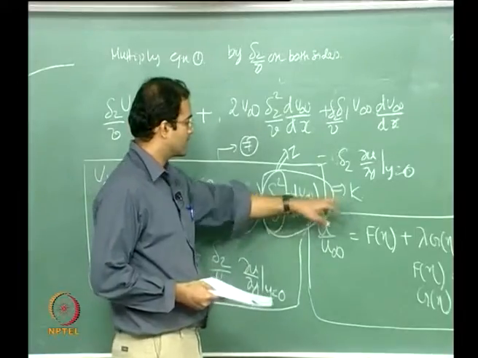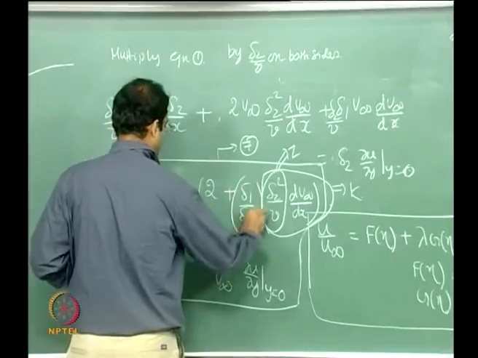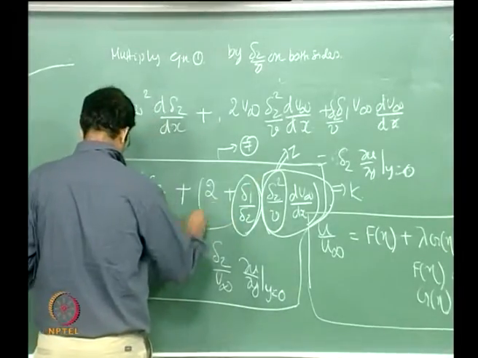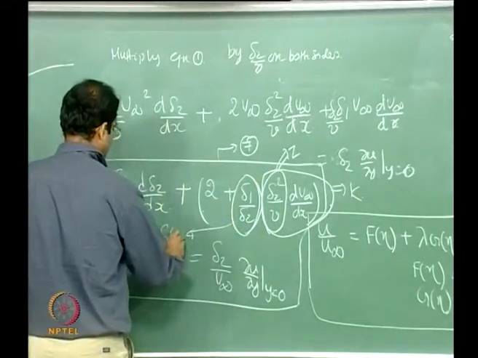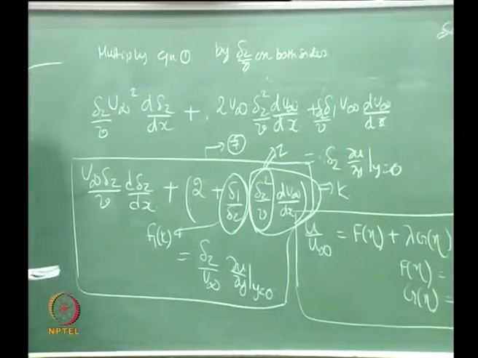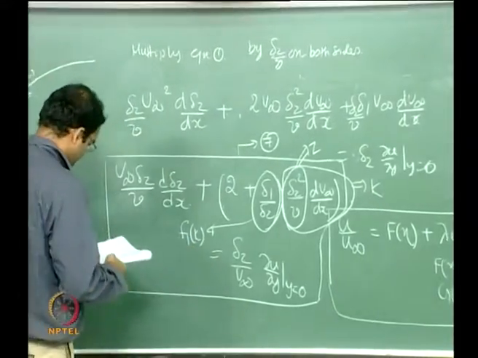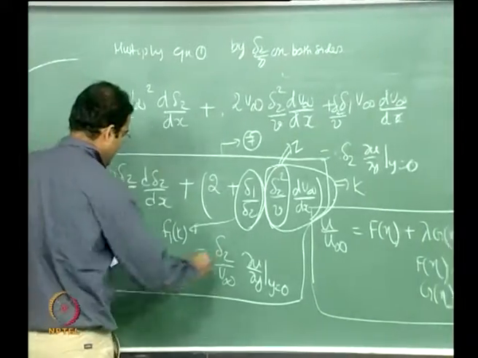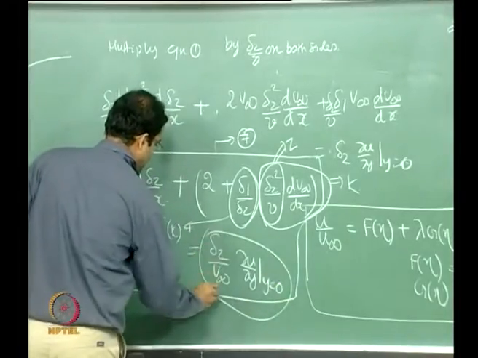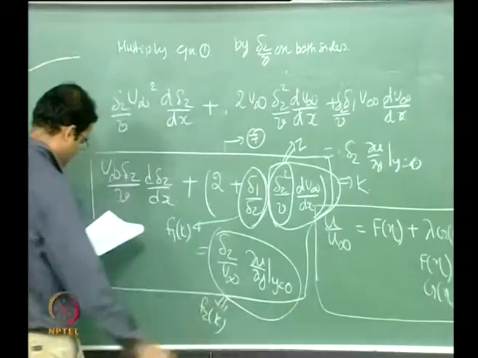Okay, so k is a function of lambda, and I will express this ratio delta 1 by delta 2 as some function of k, which is also a function of lambda basically indirectly. If I write f1 as a function of k, which is nothing but a function of lambda, and the term on the right hand side I will call this as another function f2, which is a function of k, which is nothing but a function of lambda.